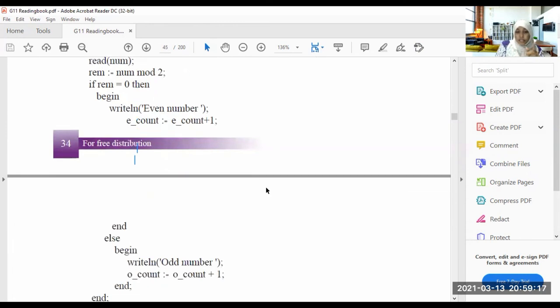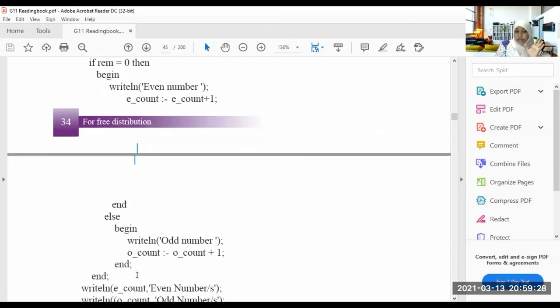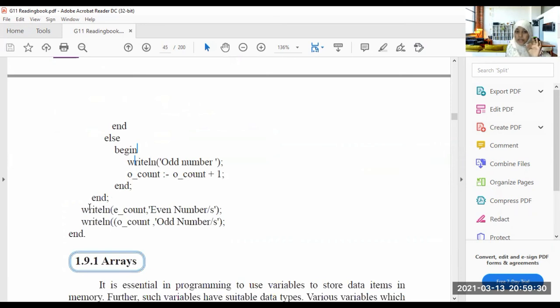Else, begin, writeline odd number, ocount equals ocount plus 1. End. End. Then if I entered even numbers, it will show me the ecount, the total of the even numbers. Then it will show me writeline ocount, the odd numbers.